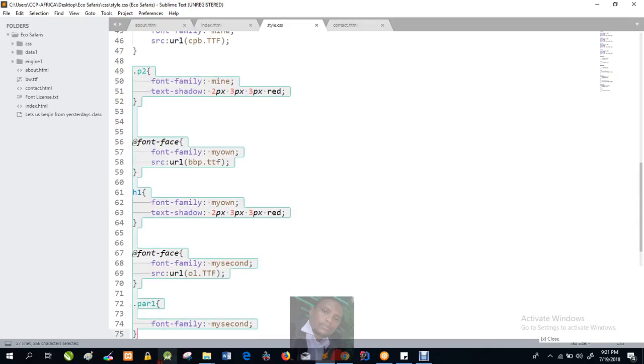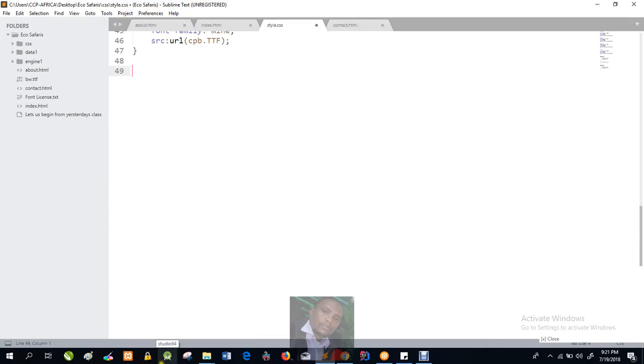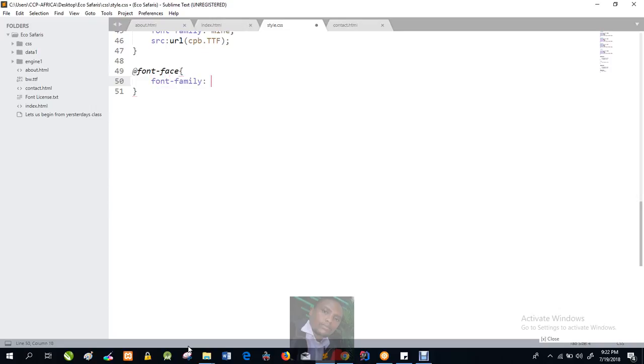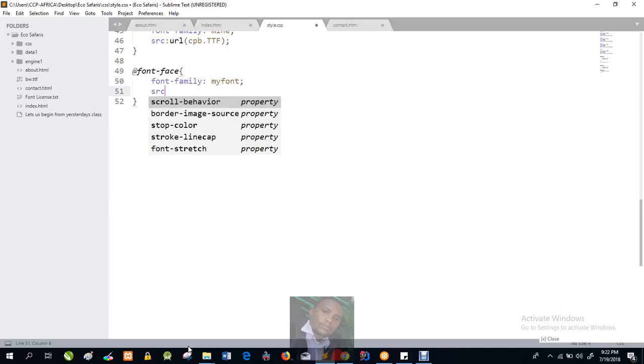Now from there we need to go to our CSS, and in our CSS we need to define a rule called the @font-face rule. This is the rule that gives you an opportunity to customize your own font. So we say font-family, and then the name of the new font family, I can call it my font. I've created a font family called my font, and I have to define the source, src colon url,